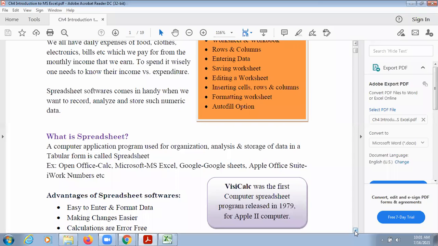So if you are saving anything in the form of tables, in the form of rows and columns, and later you want to do some changes, some editing with that data, this is basically used to handle numerical data. Normally we can save every kind of data in MS Excel, but most of the time we prefer to save numerical data because it makes our calculation faster, and it also improves the presentation of the document, the way you are presenting anything.